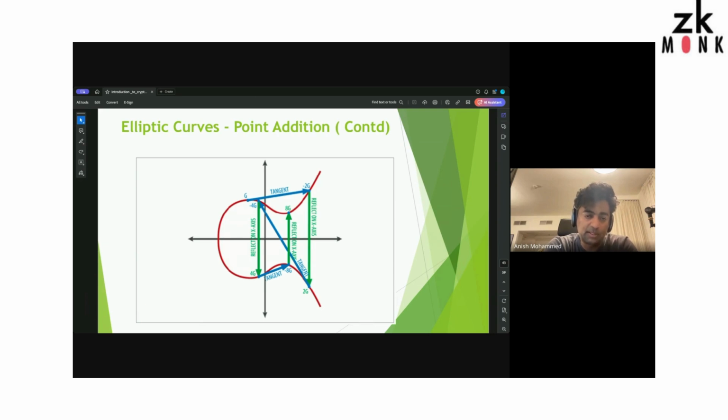Okay, so if you look at the first one, I draw a tangent, it hits the curve, it's minus 2G. I reflect that on x, I get 2G. I draw a tangent at 2G, it hits the curve, that's minus 4G. Reflect on x, I get plus 4G, right? Then I draw a tangent, it hits the curve, it's minus 8G. I then reflect on x, that's 8G. So essentially, what did I do? 2 plus 2, or 2 raised to 2, right? This point. Now I did it twice more, so 2 to the power 3 times the point. I got a result, right?